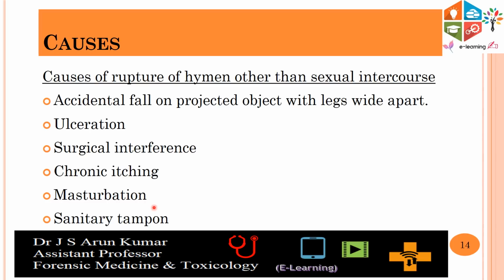And usually, when an individual falls on a projected object, or there has been third party involvement, or an incident where a foreign object was inserted, we can demonstrate associated periurethral tissue injuries, and they present in the form of contusions and abrasions. Most commonly a history of accident will be seen, and bruising on the hymen margins is noted. Masturbation with a larger object can also result in injuries to the hymenal tissue.